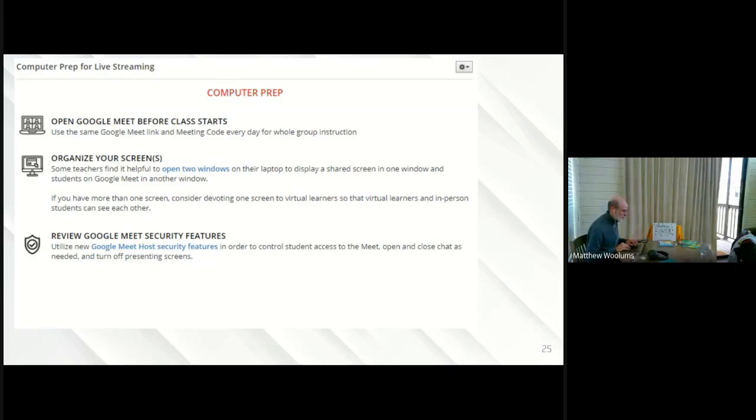Organizing your screens. I have several screens open right now. I have my Google Meet session in one screen. I have my presentation in another screen. By the way, there's a way to use a tab for a Google slide in presentation mode without losing all of the other tabs. And you can see that now at the end of my